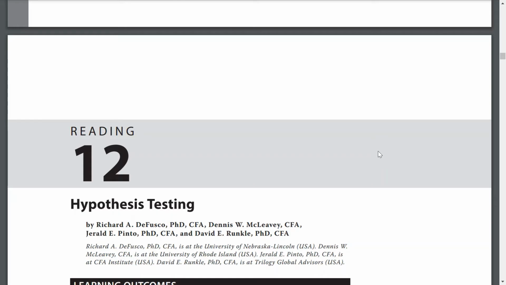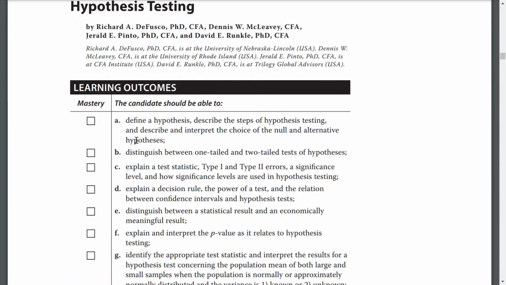All right, continued reading of the CFA Level 1 program curriculum, now on reading 12 on hypothesis testing. The learning outcomes for this chapter include: define a hypothesis, describe the steps of hypothesis testing, and describe the inputs that choice of the null and the alternative hypothesis, distinguish between one-tailed and two-tailed tests of hypothesis, explain a test statistics, type 1, type 2 errors, significance level, and how significance levels are used in hypothesis testing,